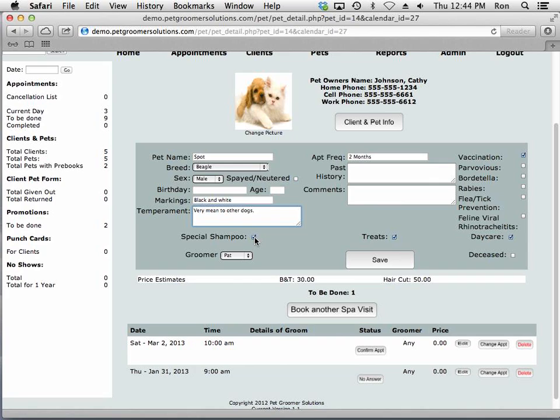Now notice also that there's a check mark on special shampoo, which tells us that Spot needs some type of shampoo. Maybe it's a medicated shampoo perhaps. Treats are okay, so there's a checkbox there that we can give Spot treats. And we also know that Spot's in a daycare. Now, interestingly enough, if Spot doesn't like other dogs and he's in a daycare, well, that could be quite interesting. And notice there's vaccination info as well. So if you were to collect that information from your client, you can also fill that information out here